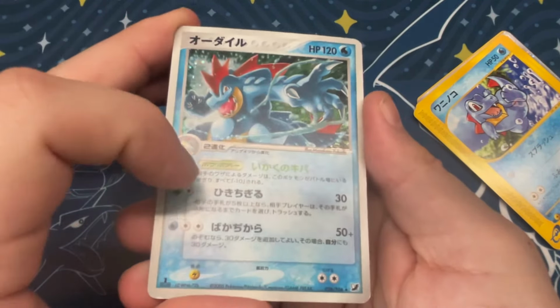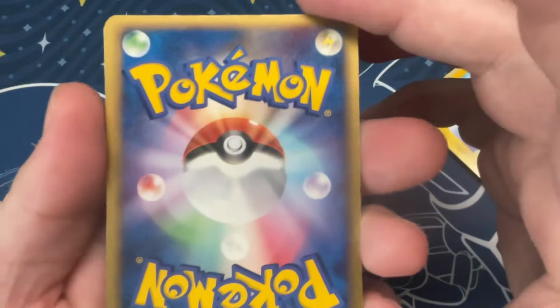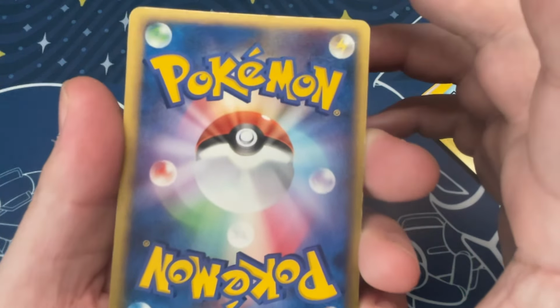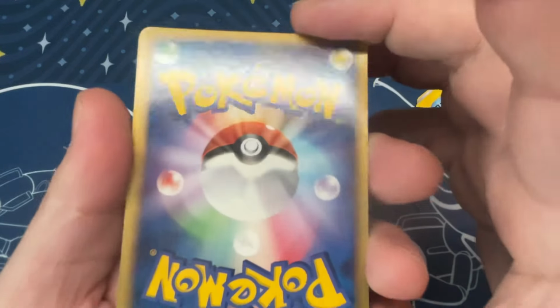I caught a little silvering there. Silvering on the edges. So front copy is meh. Back copy is... well, looks pretty good. Oh, maybe something there, but...